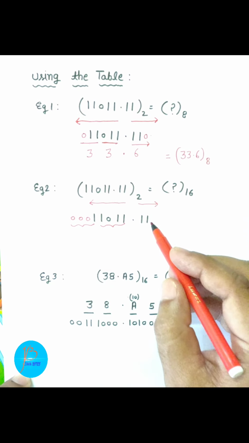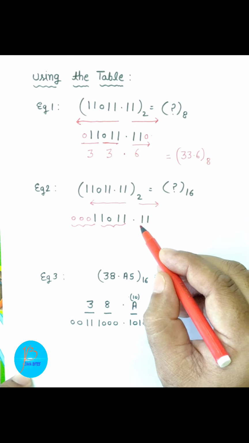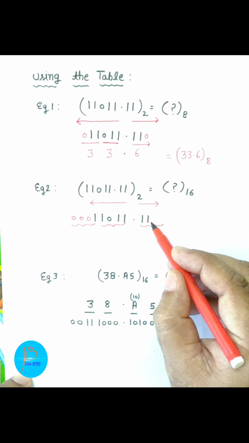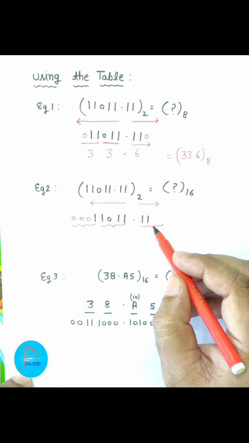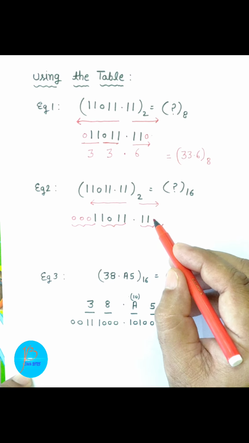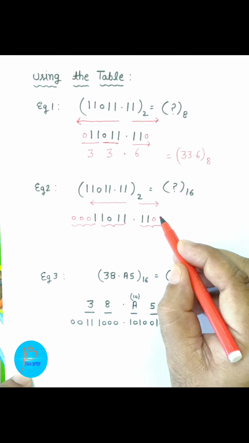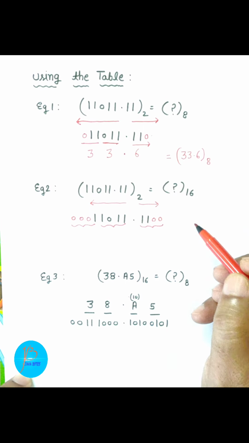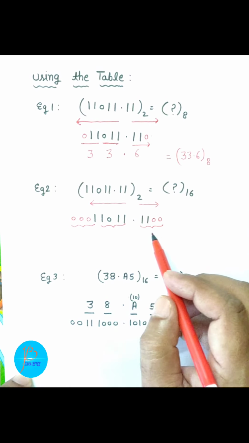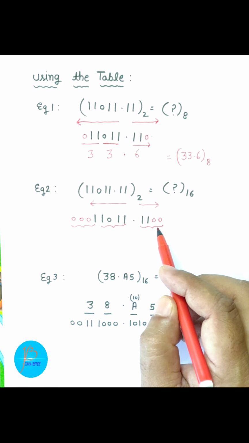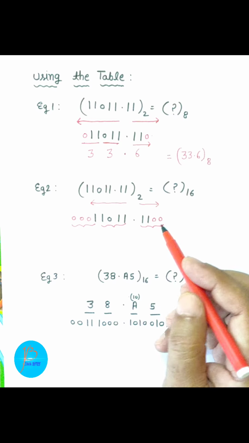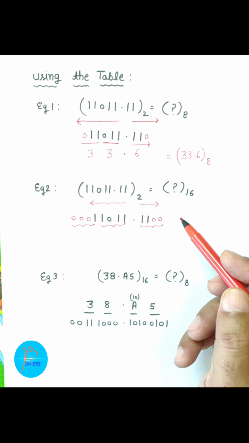Now we come to the fractional part. In the fractional part also you have to make a group of 4 digits, but we can find only 2 digits in this part. So how will you make it 4 digits? Just add 2 zeros at the end of the number. Now children, in this way we got the binary equivalent of the hexa having 3 groups.